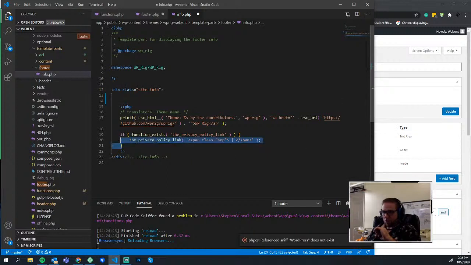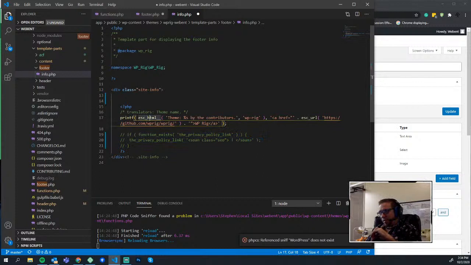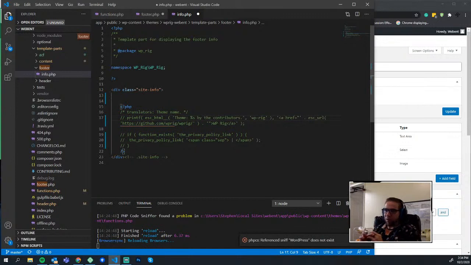You know what? I'm just going to go ahead and comment that out. I don't necessarily want to get rid of it because it looks pretty useful. This even could be useful if you do want to show your WordPress information at the bottom. Of course, you would want to modify this part, the GitHub URL. Anyways, we'll just keep that there as a little snippet,